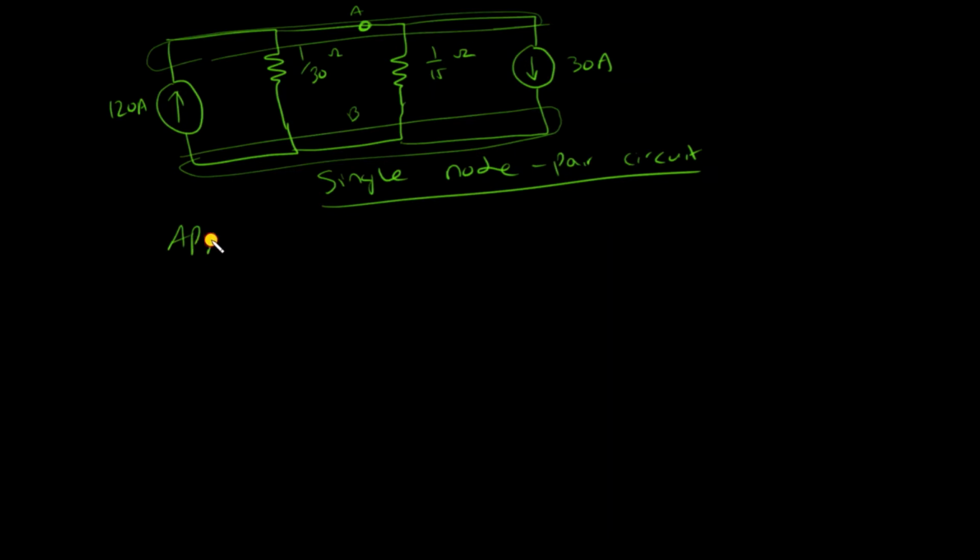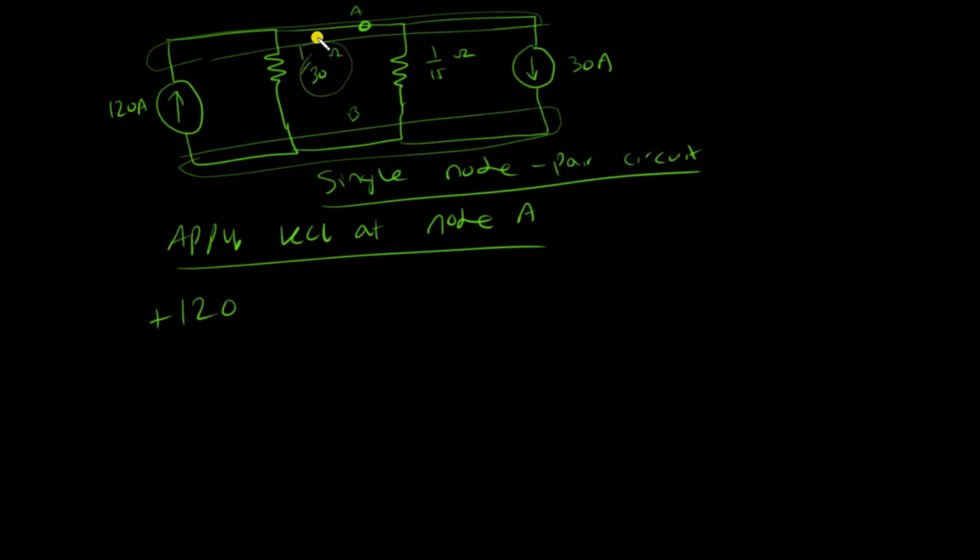So I'll just apply KCL at node A, and I'll write the sum of the currents. I can say that this is 120 amps entering, and I don't know the direction of the current in this resistor, the 1 by 30 ohms resistor. So I just assume that this is going down. I just assume all the currents in the resistances are going down. So as the current I1 is going down, away from the node, I can write minus I1. This I2 is also going away from the node, so I can write minus I2. And there's 30 amps going away, so I can write minus 30. This is the equation. I can simplify it a little, and I'll write plus I1 plus I2 is equal to